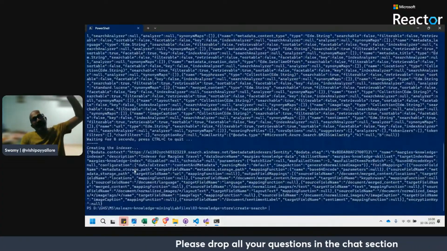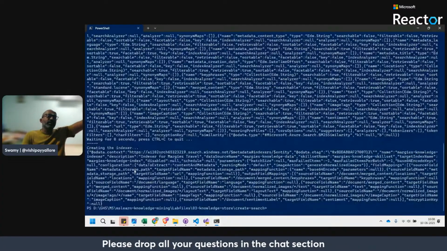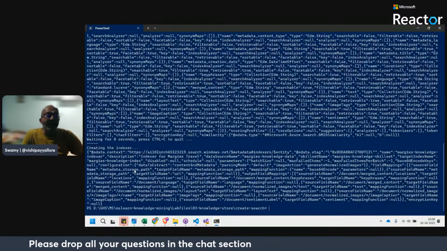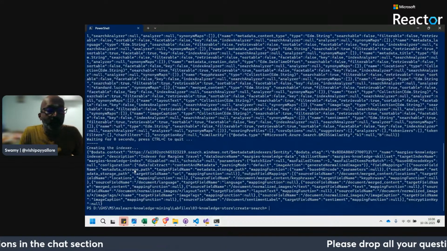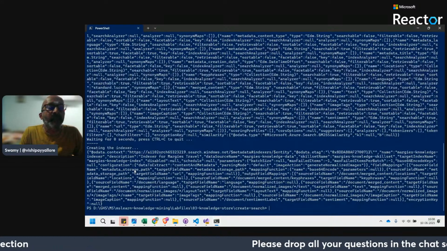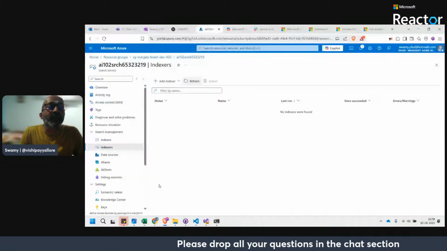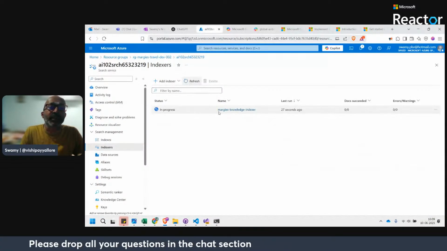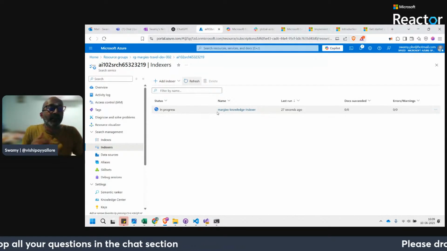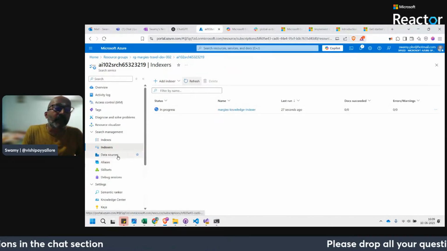So we did the same thing. Nuke the data source, skill set, index, and the indexer. So I think now those should appear. If I come back and refresh, we do have those indexes, but we can see that those are in progress.